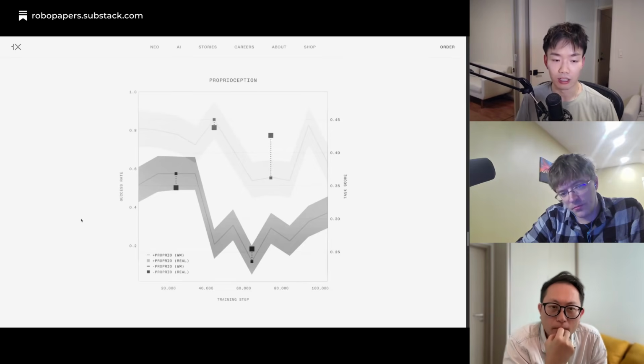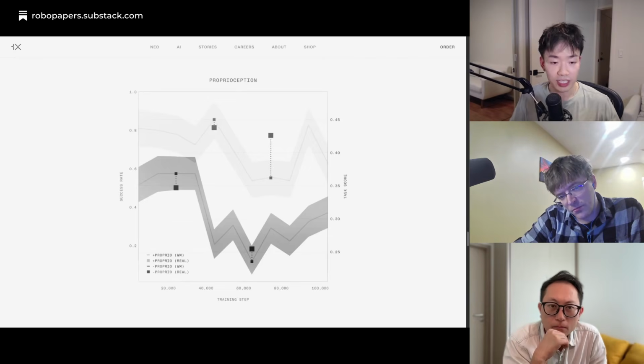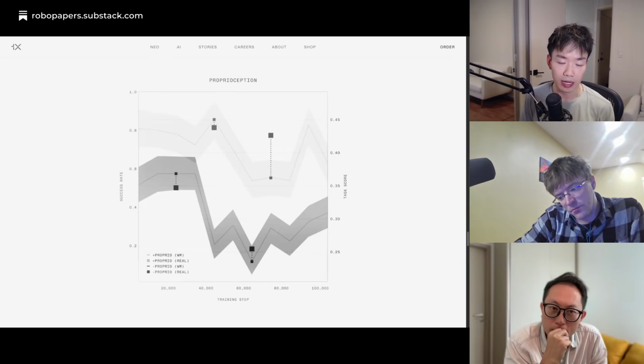So here, you could evaluate all these checkpoints in the world model totally offline with computational methods. And then in the real world, we could do the same thing and measure the performance, and you see which one performs better or worse. And we see in general, they correlate relatively well, where a better checkpoint would perform better both in the world model and in the real world.